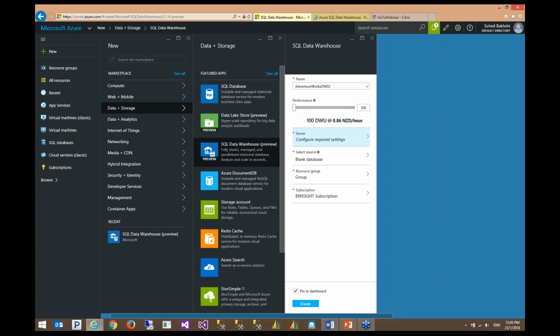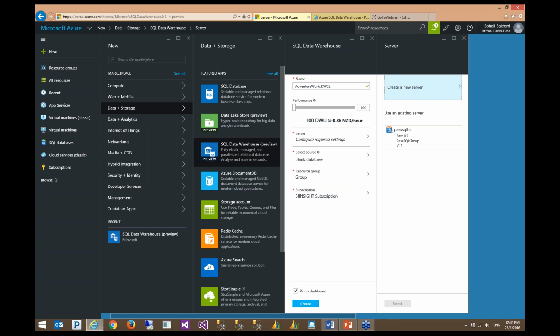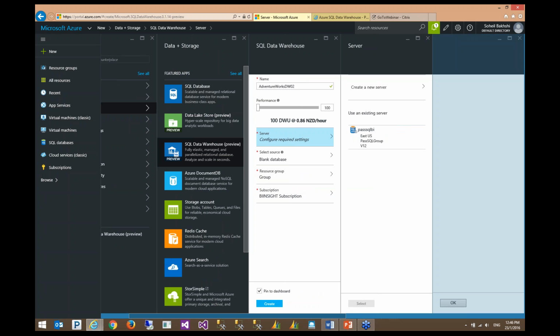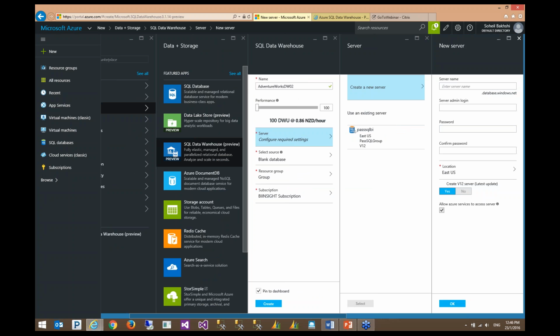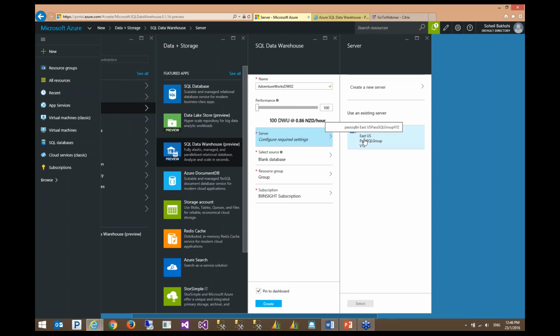And then I need to select or create a new instance of SQL Server or an existing instance of SQL Server. To save time during the webinar, because this would be a long process if I want to create a new server, but I can show you that you can create a new server just putting a server name here, administrator, and confirm password. But I'm gonna stick with my predefined instance of SQL Server. I'm gonna select it,